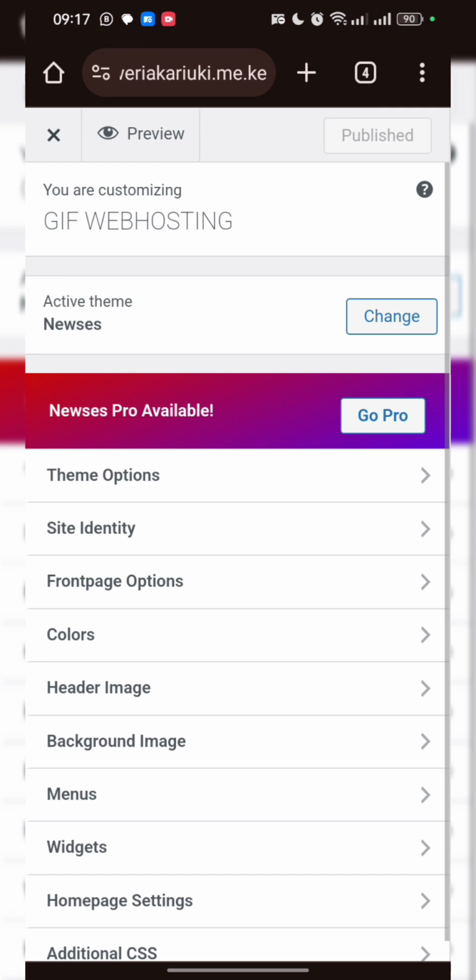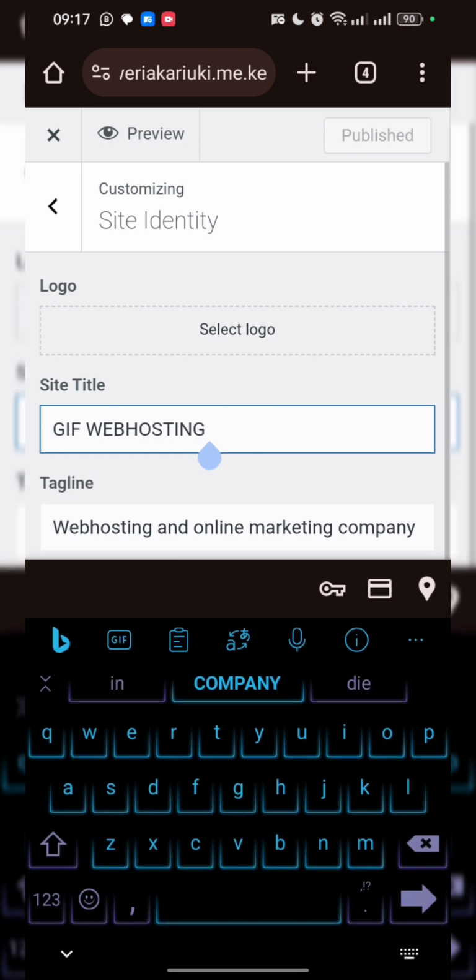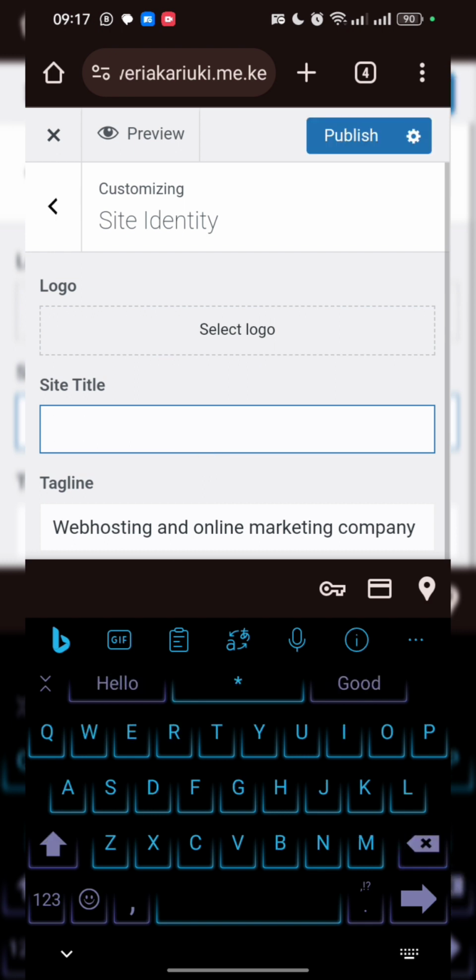First thing, we want to change the site title. So here is the site title. As you can see, the site title is GIF Web Hosting, the name that you have just seen on the other side. So I will clear this name and say our site title is, what can I say,